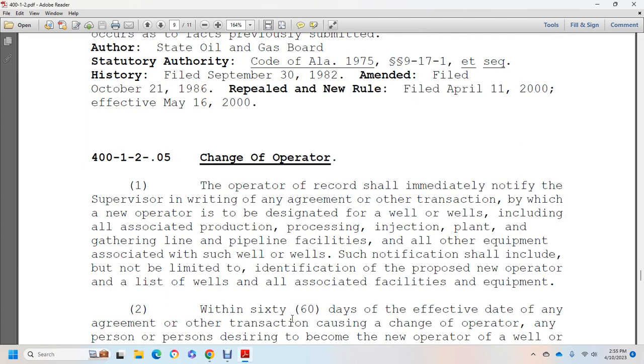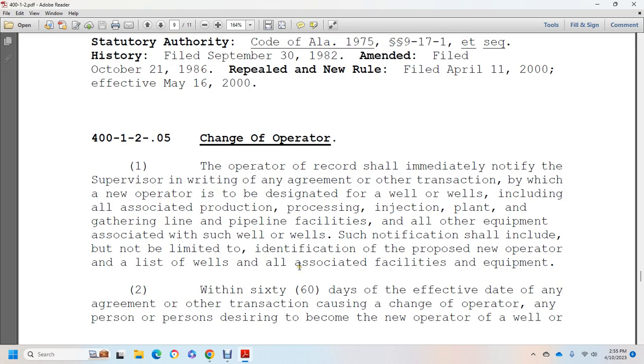for the designated wells, also associated with the production, processing, injection plant, gathering line, pipeline facility, and all the equipment associated with the wells. Such notification shall include, but is not limited to, the identification of the new operator and the list of the wells and associated equipment, in writing within 60 days, effective the day of the agreement or transaction,